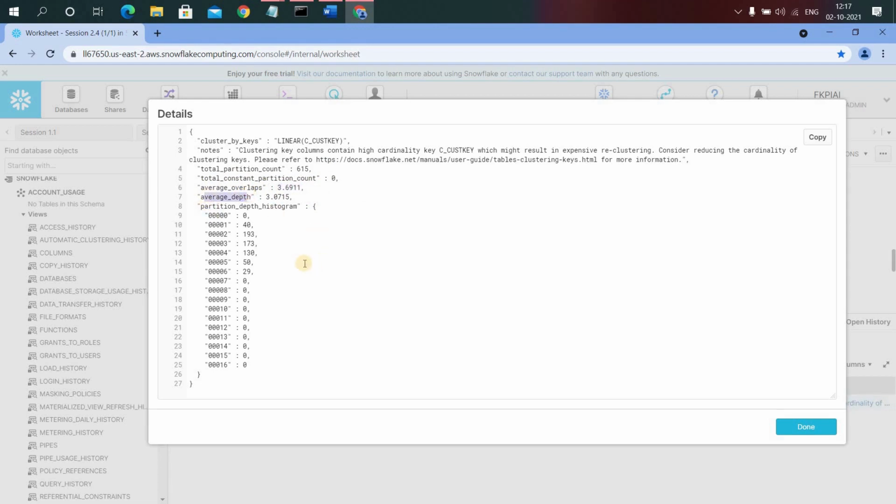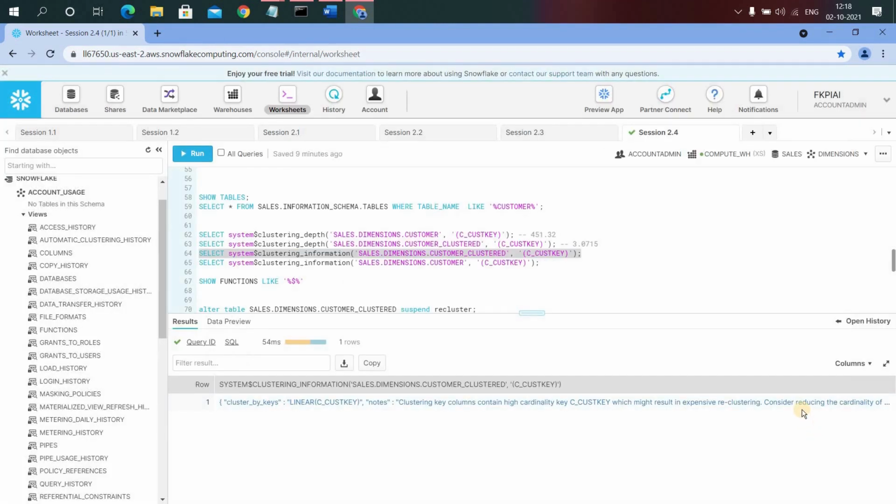Average depth is 3, and if you look at the histogram, there are 40 micro partitions which have the depth of 0 to 1, and there are 130 micro partitions which have the average overlapping depth between 3 to 4.